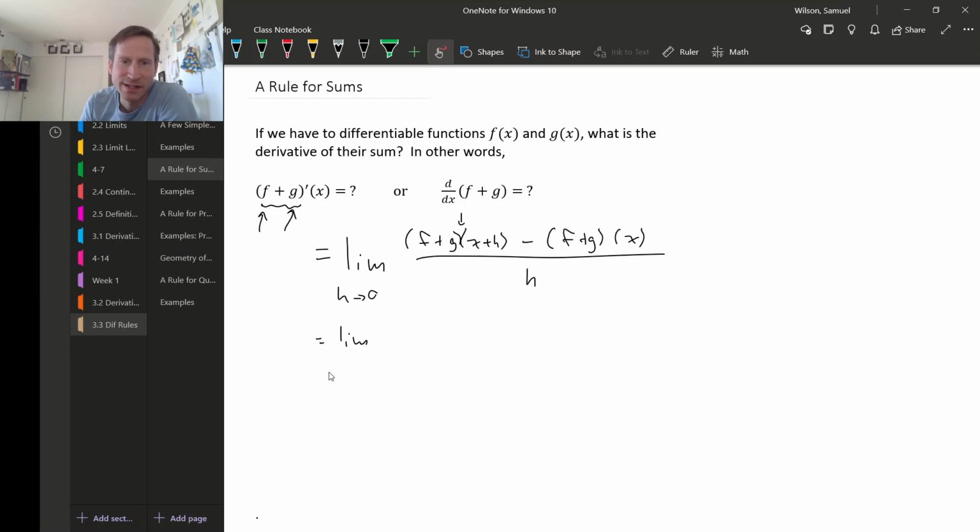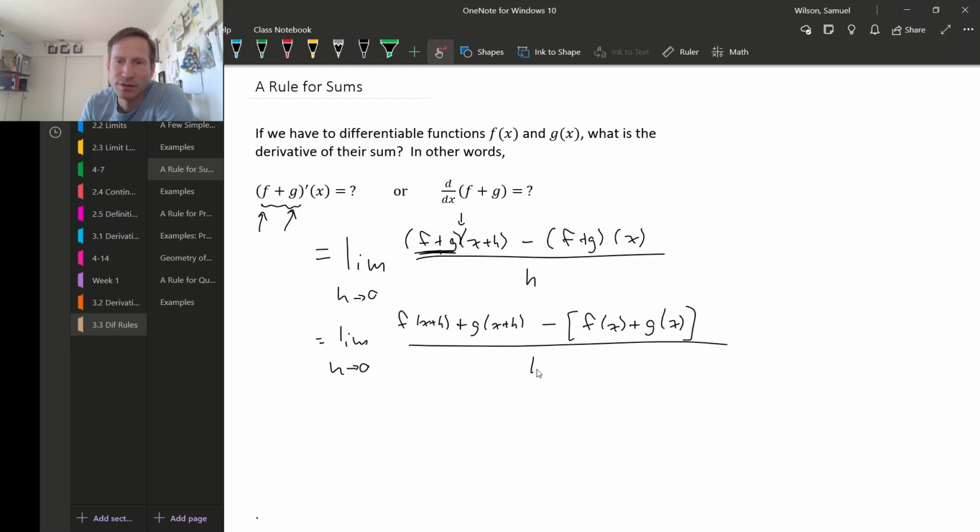So limit as h goes to 0. Well, what is f plus g of x plus h? That's f of x plus h plus g of x plus h. That's just what we mean by the sum of two functions, right? It's the function that you put the x value in and then you add the results. Okay, minus, and then over here, same thing. This is f of x plus g of x